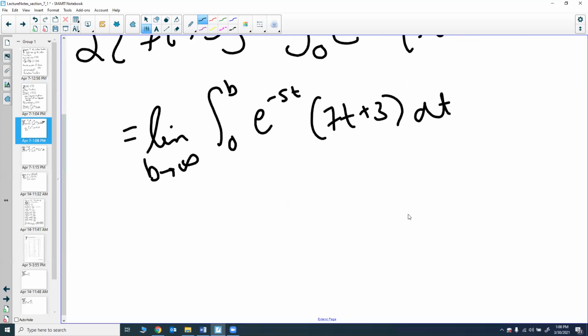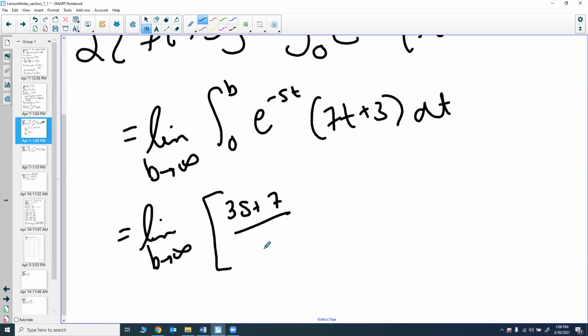So we want to find this integral. Now you can use any technique you want to find this integral. You can use tables of integrals, you can use technology to do it. When I go to find it, I end up using technology. It tells me this is going to be 3s plus 7 over s squared